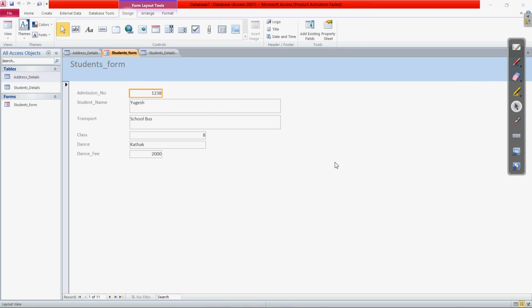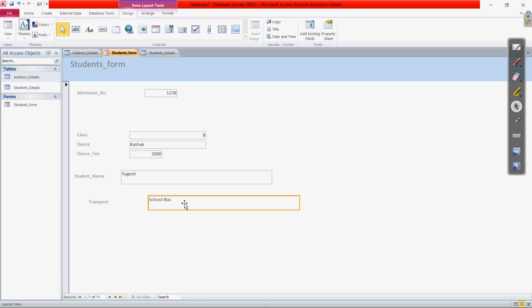If I show you, right now we are in the layout view, and in the status bar you can also see the name of that view appear. If we want to move this admission number, I can drag it from one place to another. Clear? If I want the student name to appear at the bottom, you can drag it to the bottom. This is the advantage of the different views. From here you can choose the place of the data. Whatever appearance you want, we can click and drag it accordingly.